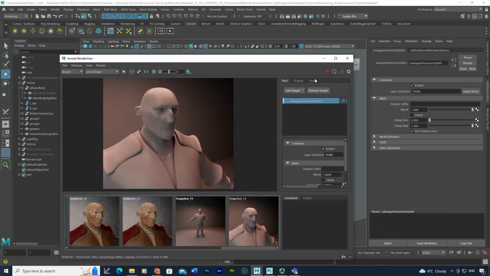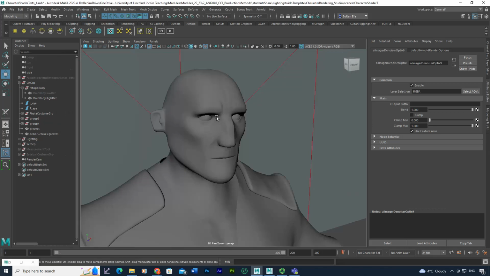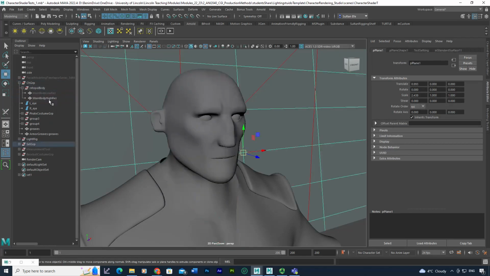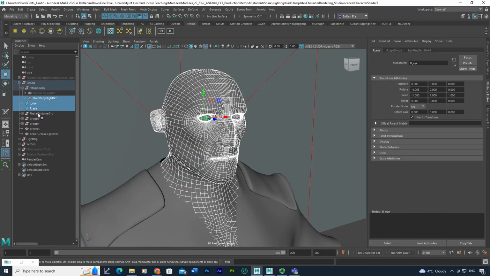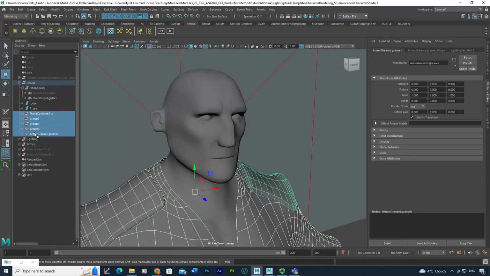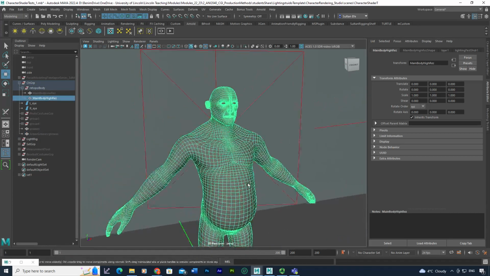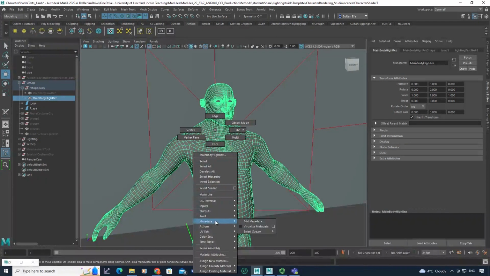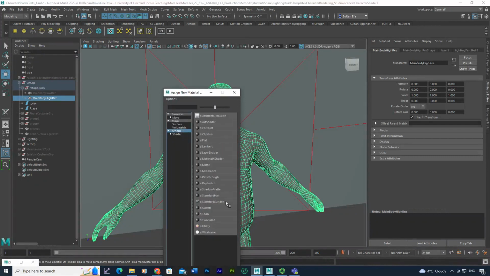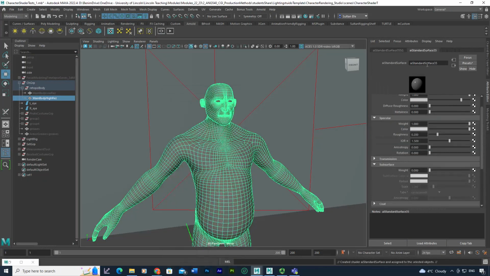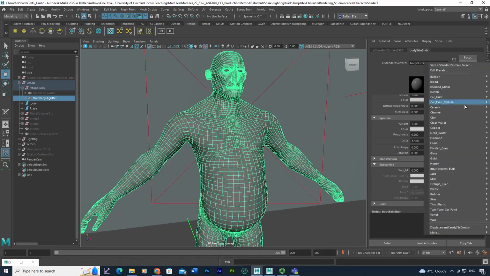But what we're going to do first of all, we're going to focus on the skin shader. So what I'm going to do, I'm just going to leave the eyes and the main body and hide everything else on the character. And then what I'll do, I'll right click, new material, apply an AI standard surface, and we call this body skin shader or skin material. And what we will do, we'll pick a skin preset, S1,